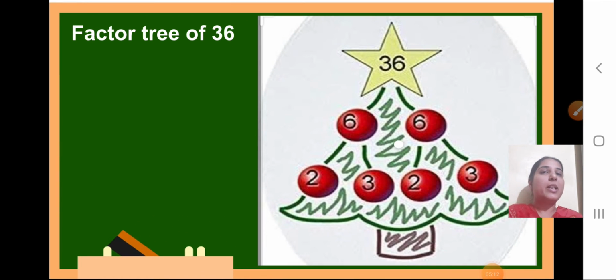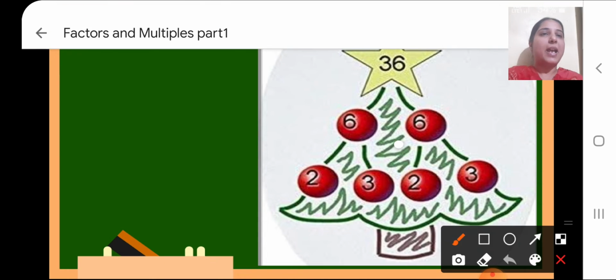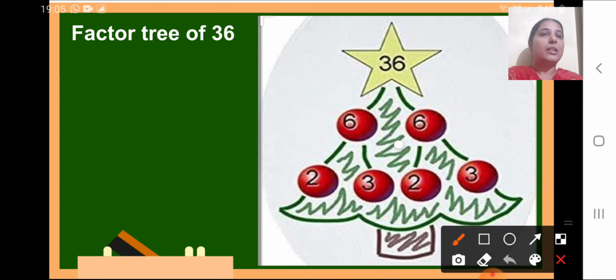Then another example of a factor tree, factor tree of number 36. So here it can be factorized as 6 6s are 36 and then again further it can be factorized as 2 3s are 6, again 2 3s are 6. The shape of a factor tree depends on how you are going to factorize, which number you are going to choose to factorize that number.